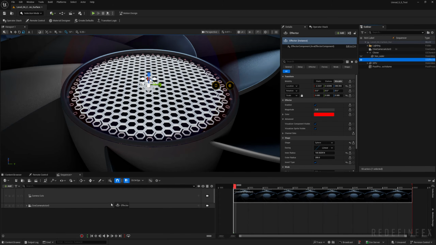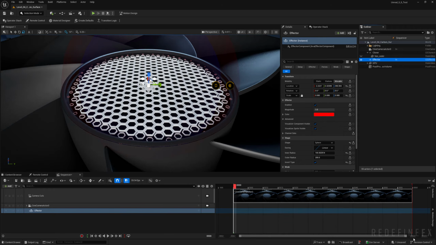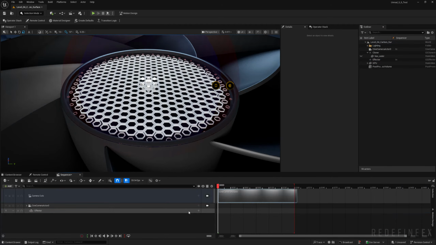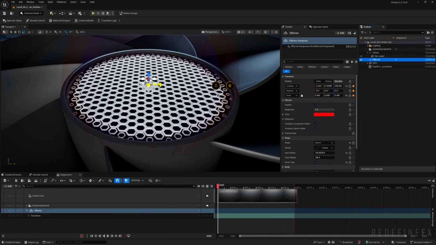Drop the effector into your sequencer. Let's give ourselves 500 frames as usual. And for the effector, I want to click on the plus sign and say transform and set a keyframe. I basically want it to end looking like this. So I can move this keyframe to the end and then go back to frame 0, click, and lower the